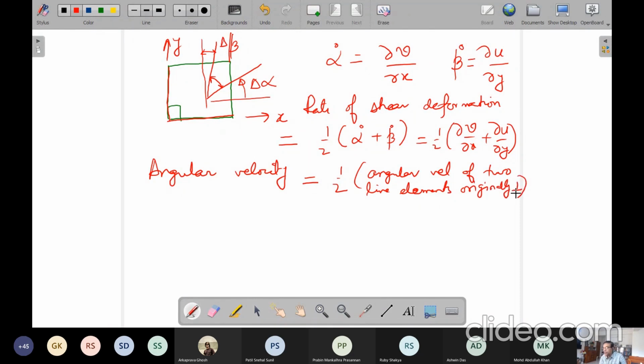Again, the spirit of the definition is very similar: because you do not have a rigid body type of motion in a fluid, you can identify two line elements which were originally at an angle of 90 degrees, find their respective angular velocities and then average it out. So this will be half of this one, first along x and then along